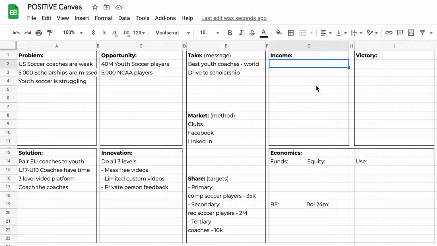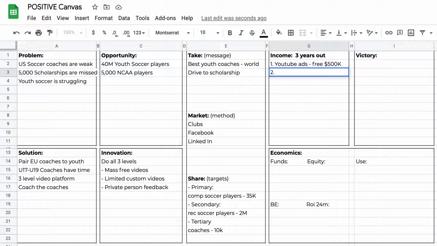Then on the next one is income. Well, so on the first level, so you can even put 1, YouTube ads. So those are free, but we get paid through the ads, right? And you could say, we think that once we're 3 years in, and you can even put up here, this is our forecast 3 years out, right? And say, by the third year, we're going to make 500,000 in ads from YouTube because we've got 1 million kids watching our videos.